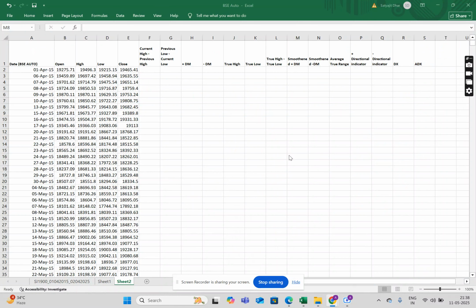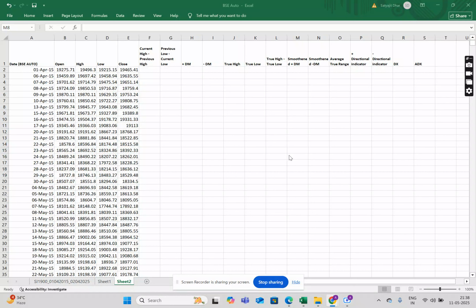Today we will do a very short video on the average directional index. The average directional index is a little bit different from the other indexes that we had done. In the other indexes we could understand the trends in the market, how the market was moving. However, that will not be the case here. The average directional index does not actually show us any direction of the market. It basically identifies the strength of the existing trend in the stock market.